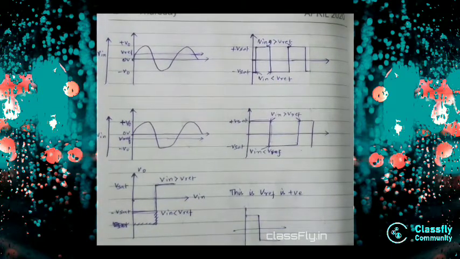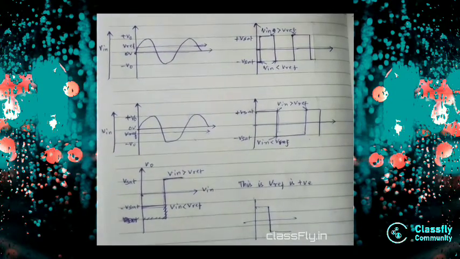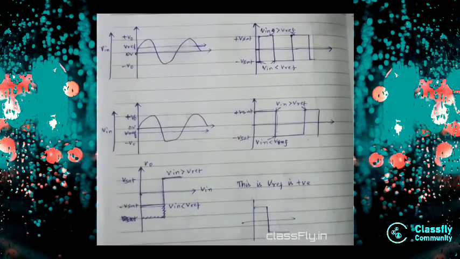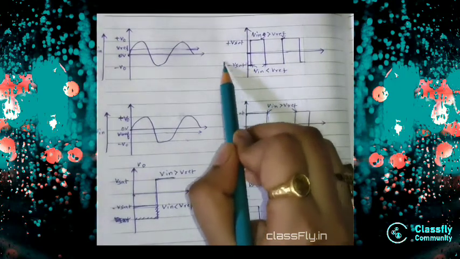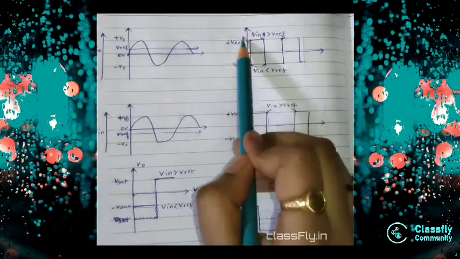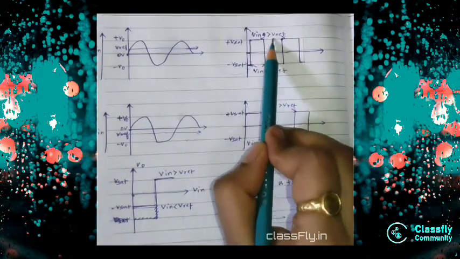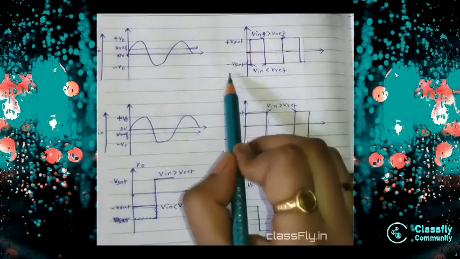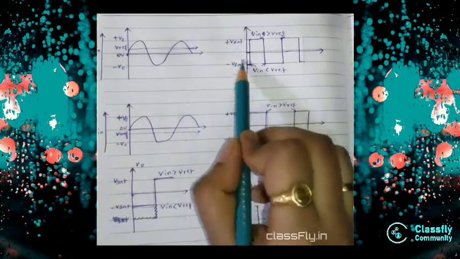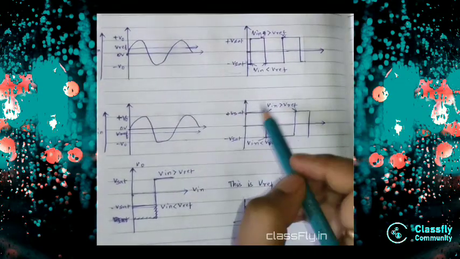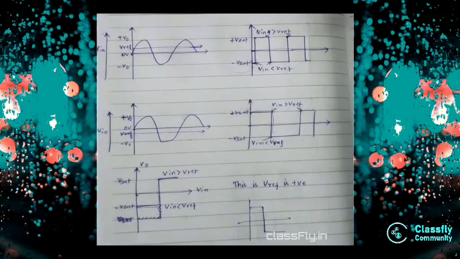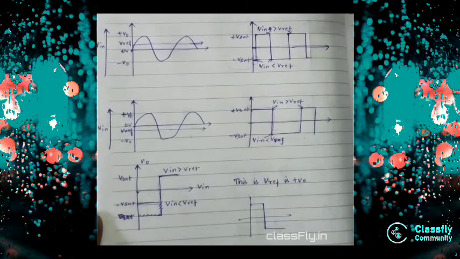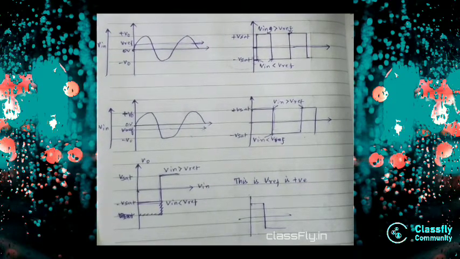So basically comparator is of two types, that is inverting and non-inverting comparator. What does it do? It compares the two voltages of the input terminals. So basically it will come like this. Waveforms will be of this type, when it will be minus V set, when Vin is less than Vref, and when it will be plus V set, it will be Vin greater than Vref. I hope all of you understood what it is. So these are the waveforms and the V set conditions, when it will be positive and when it will be negative. So from the input waveform to the output waveform, these are the two particular states of both. So I hope all of you understood what is comparator.